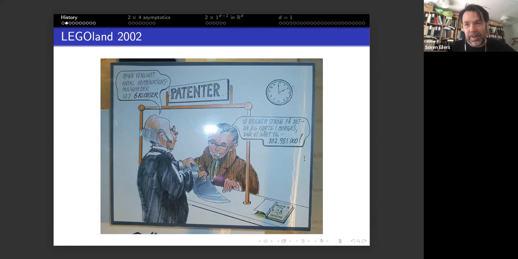So we see a nondescript patent office clerk, I guess, and he's asking, please state how many ways you can combine 6 bricks. And then there's a picture of Kjeld Christiansen, who was the owner and the inventor of Lego for many years. He's the father of the present owner. And he says, we are still doing the computation. When I left this morning, we had reached